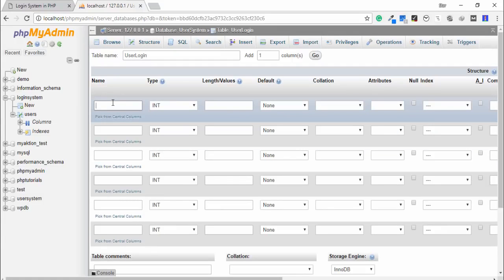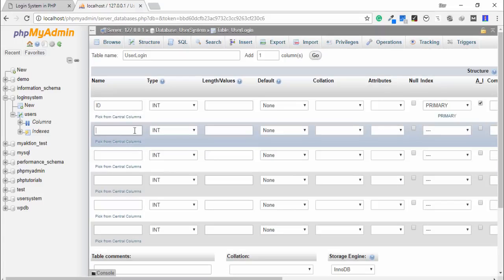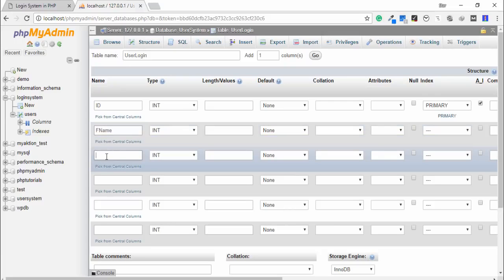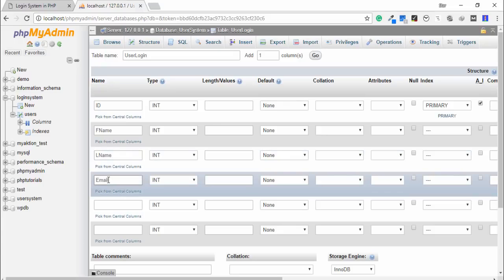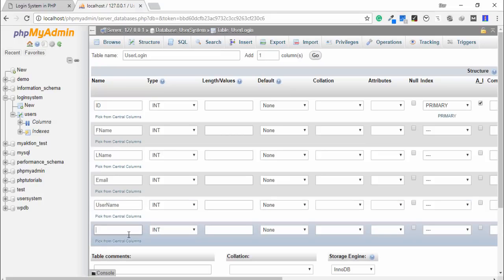First column is ID, integer, auto increment. Okay, first name, I just write the F name, L name, email, user name, password,